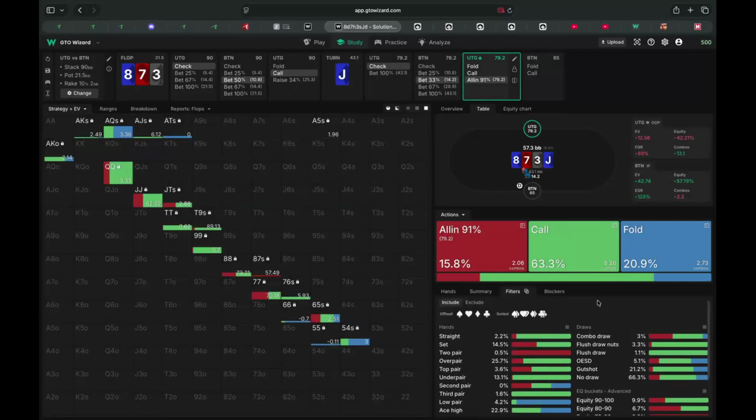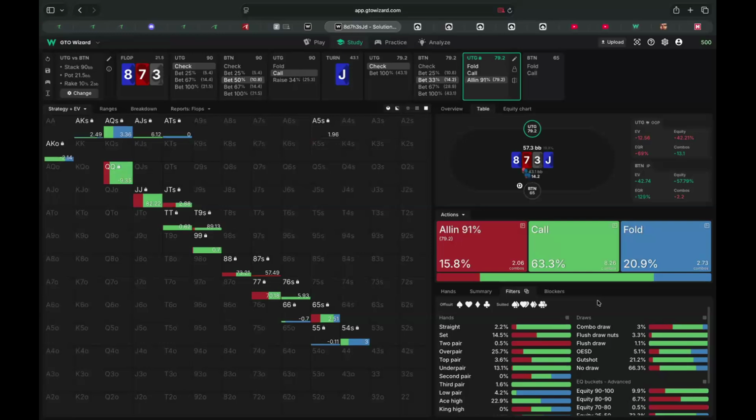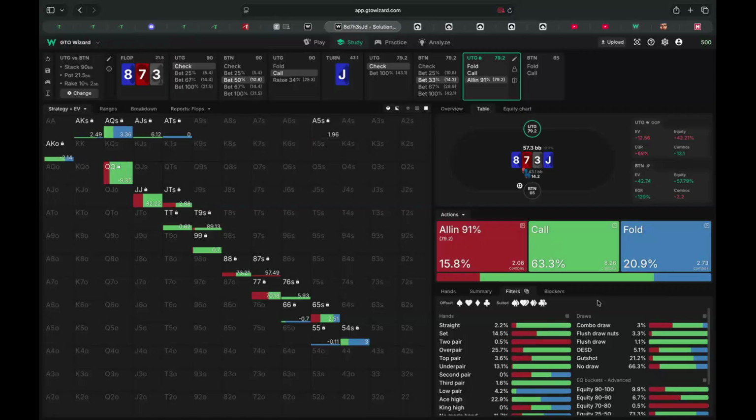So he's supposed to slow play his straights, slow play his sets, jam his two pair, and then we've given him jams with his overpair. Now we're going to call. But if you took away the overpair bluffs, the overpair shoves, and add all the other stuff that he likely would make this play with because of the way he played the straight,